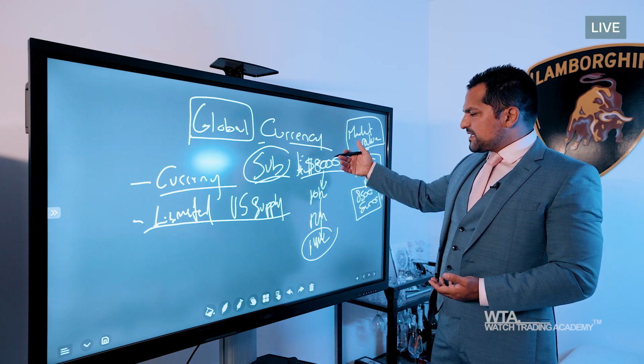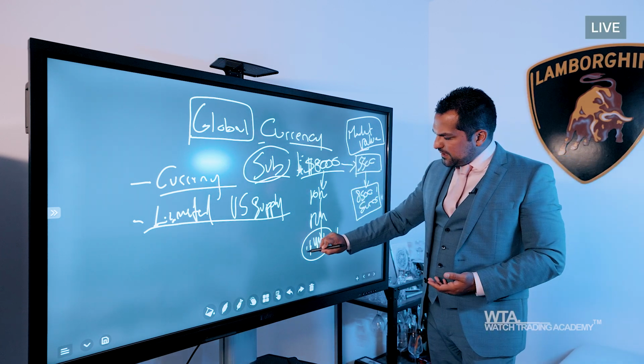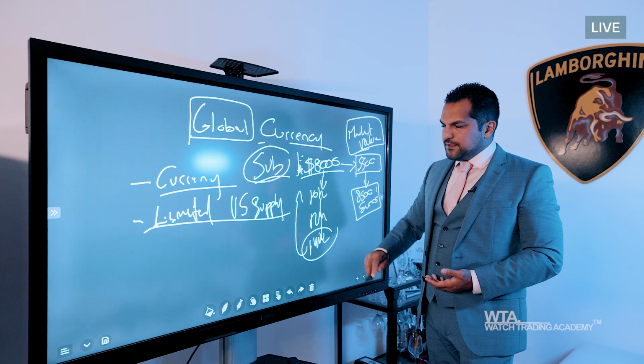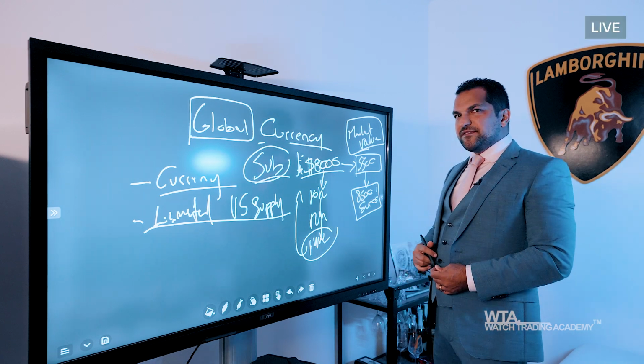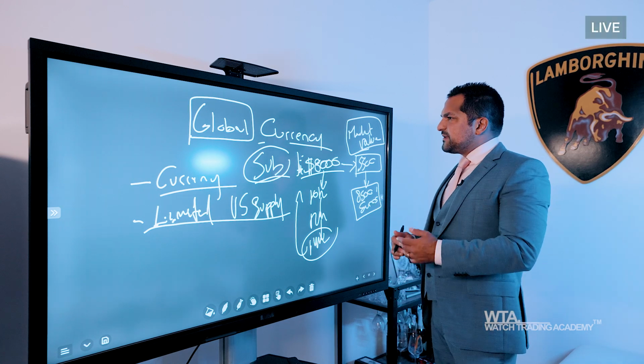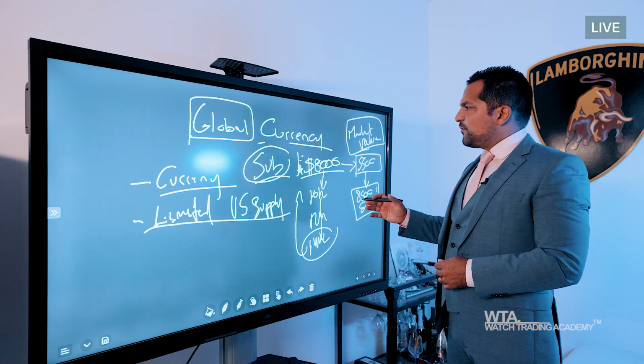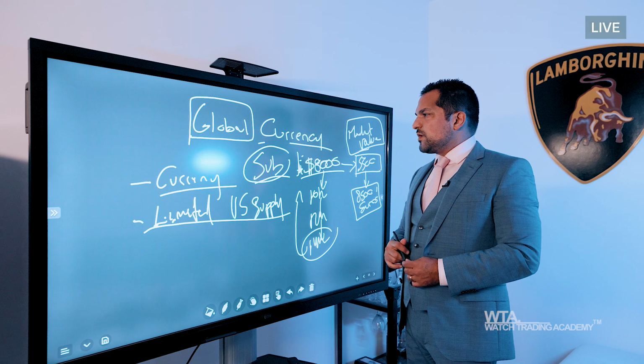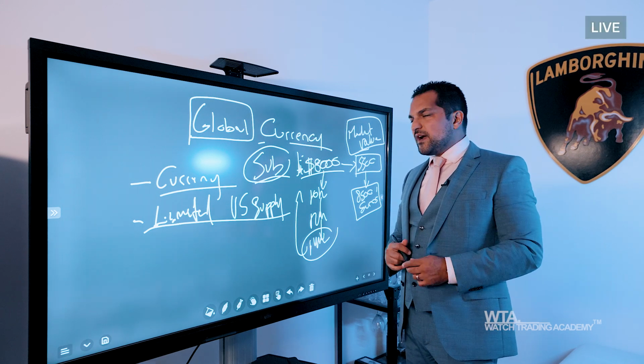Now, once the reverse happens, what happens to the money? Well, it has to come back down. So one of the things that we have to understand is that once that money goes up, this one comes down. So this equilibrium that's been happening across the globe for the watch market has been happening more and more recently. And you may have noticed that pricing has gone down.